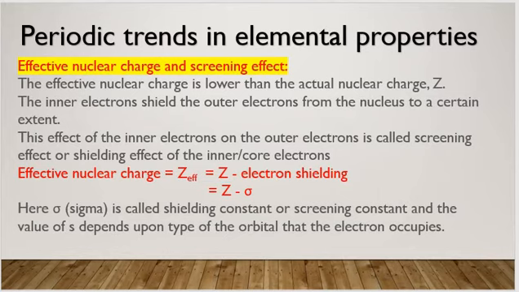Why? As we move down in a group, a new valence shell is added. As a result, there is an additional shell in the core. The shielding effect of the increased number of core electrons outweighs the effect of increased nuclear charge, and thereby the effective nuclear charge felt by the outer electron decreases largely down in a group. So this is all about the effective nuclear charge and screening effect across the period and down in a group.